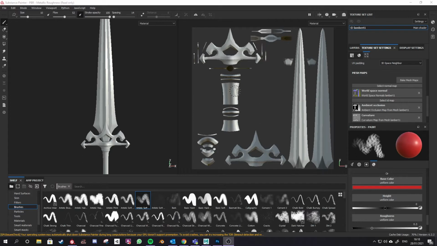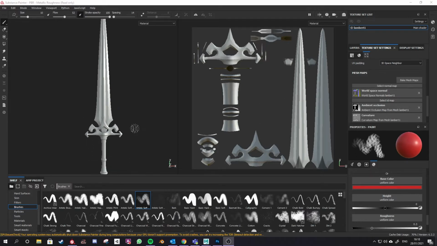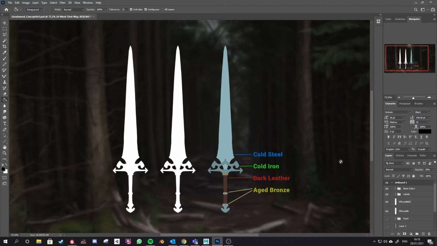So let's look at the core workflow, the basic workflow for how to get materials onto this. First of all, I'm going to take a look at my concept art to see what sort of materials need to go on this. So I'll open Photoshop, and you can see I have this cold steel here, that's my blade. I have cold iron labelled as my handguard. Then the grip has this dark leather on it, which is broken up by bits of the cold iron here, and also this accent of aged bronze. So that is the four main materials that I'm looking for: the steel, the iron, the leather, and then